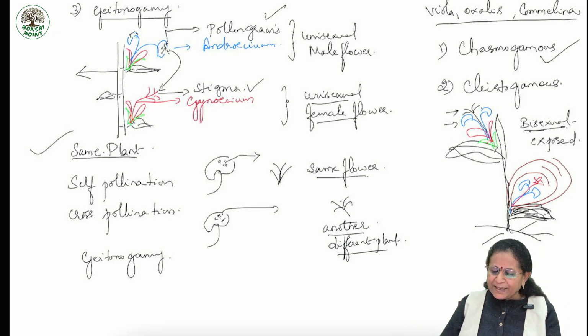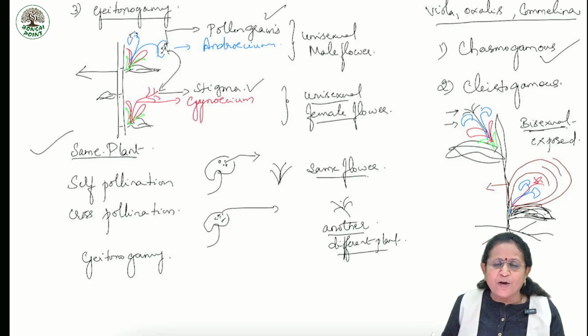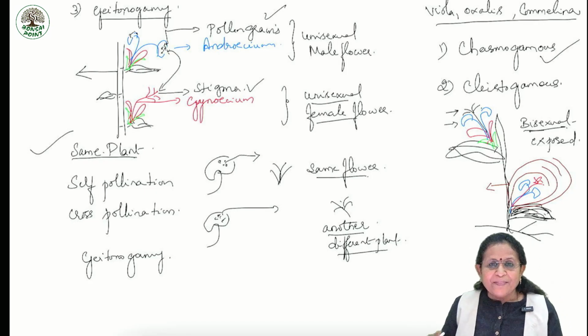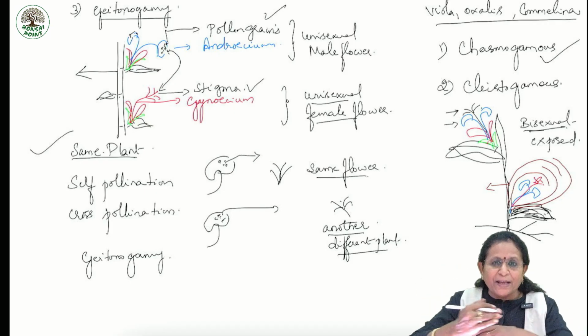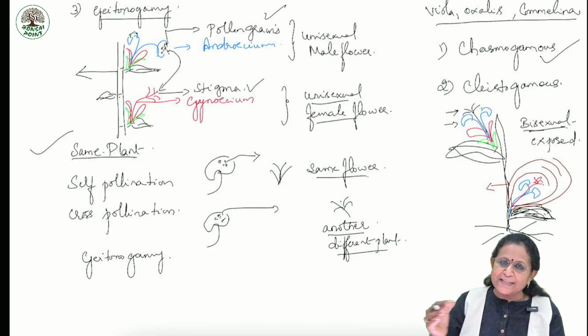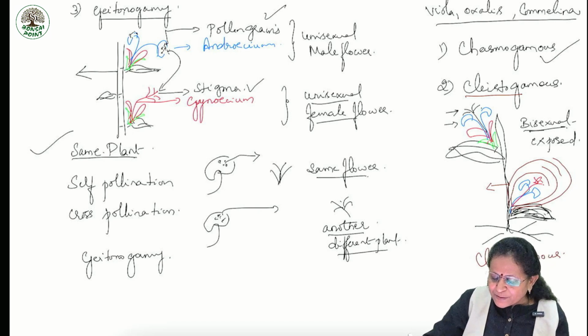So what do you say? Calyx and corolla cover the sex organs, namely androecium and gynoecium. That means androecium and gynoecium, which are the essential whorls, are covered by non-essential whorls, that is calyx and corolla. Covered or closed means cleistos, hence the name cleistogamous flowers. Okay. So when I say this is a cleistogamous flower and the sex organs are covered by